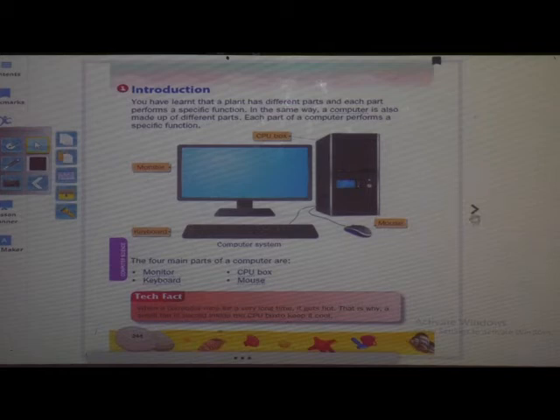Okay students, so come to our book bag. Now, there is one fact, that is when you keep your computer on for a very long time, it gets hot. The inside machines get hot. So, for that reason, a small fan is placed inside the CPU box, so that it should not get hot, it should be cool.